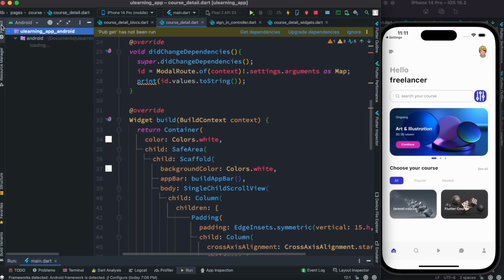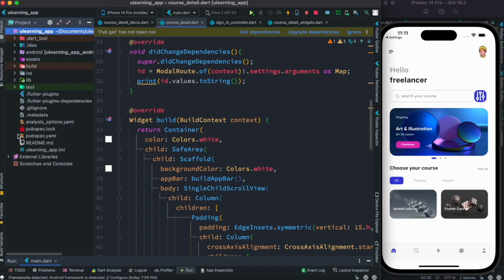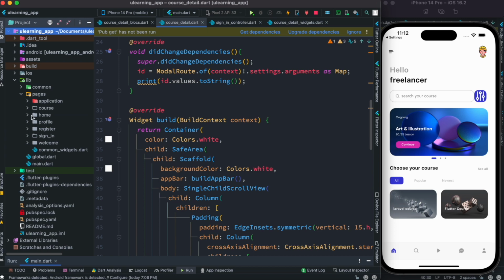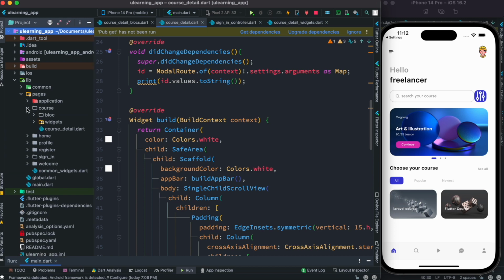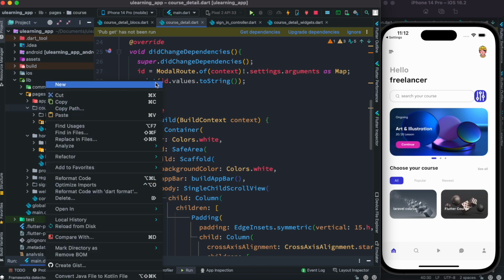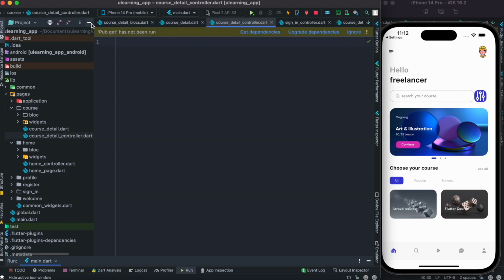And over here, I'm going to have this project open, and let's come inside the lib folder, inside this pages folder, and here we have this course. Now we have this course detail, and previously we had this home controller. So now inside this, we are going to create a new controller, and it will be course_detail_controller.dart. So we are going to create a Dart class,